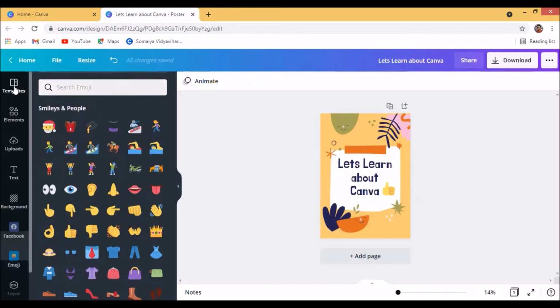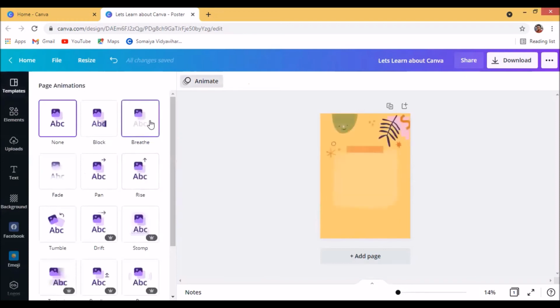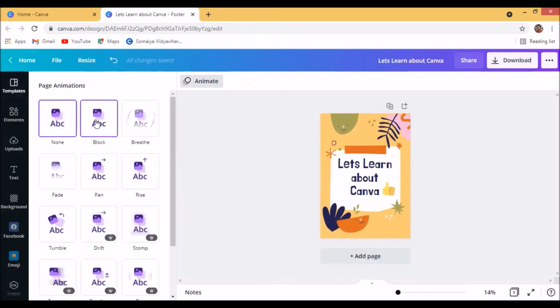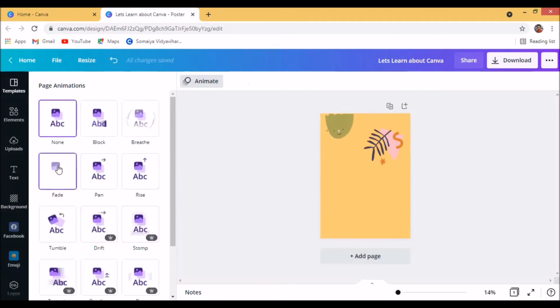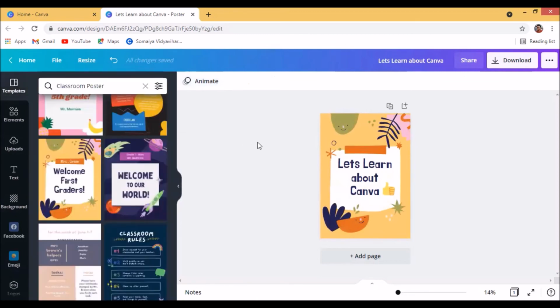Right now, if you want to add animations to it, you must have seen on Instagram reels how people add animation, and you think, wow, it's good. You can see how it's happening right now. There are some pro versions also, but the free version is also sufficient for us to go ahead. So now let's see how it looks.